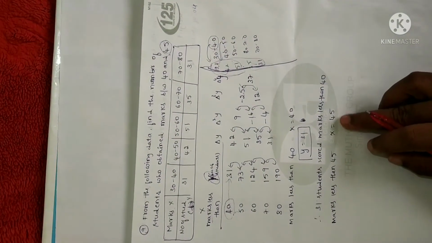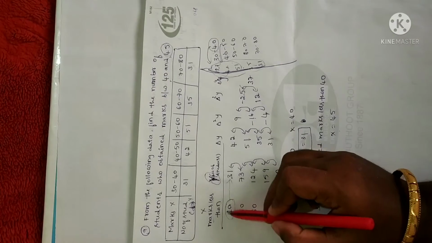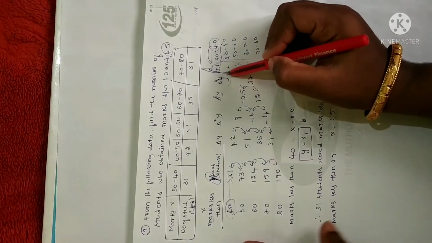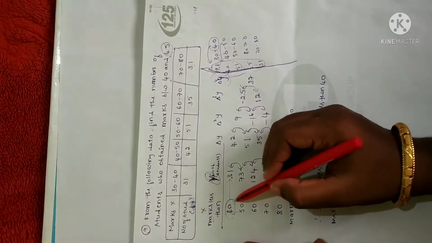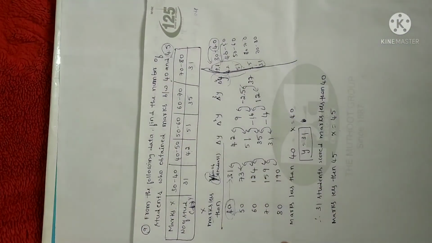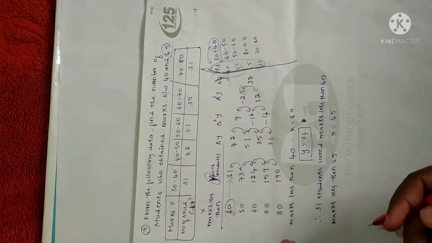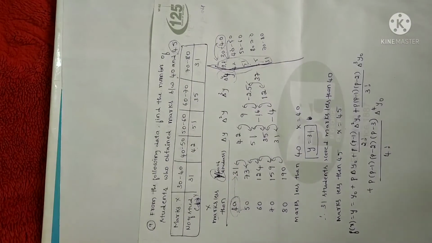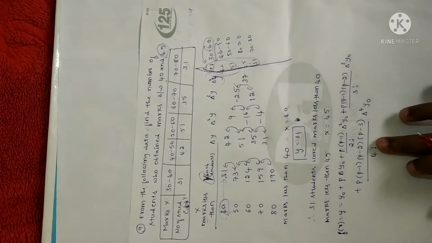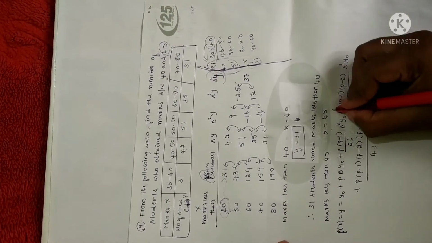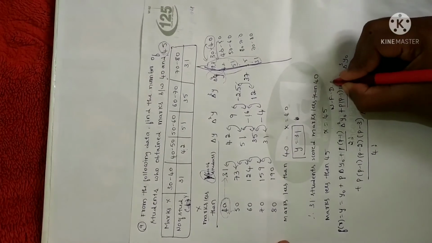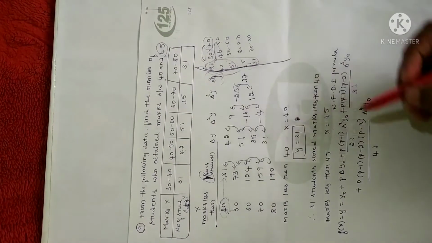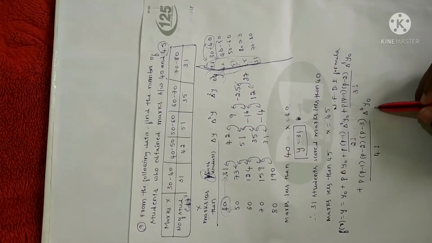Here you can clearly note that x equal to 45 is near to 40. So that is why I have constructed the forward difference table. Now we have to use the formula up to delta power 4y, that is 1, 2, 3, 4, 5 terms. Either you can use up to delta power 4 or you can write at least 5 terms. So let me write down the formula as already done. This is the Newton forward difference interpolation formula. I have written up to delta power 4y because we have delta power 4y terms.